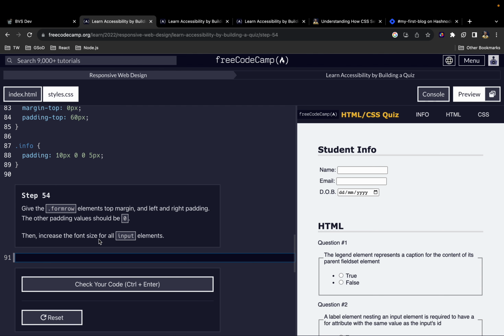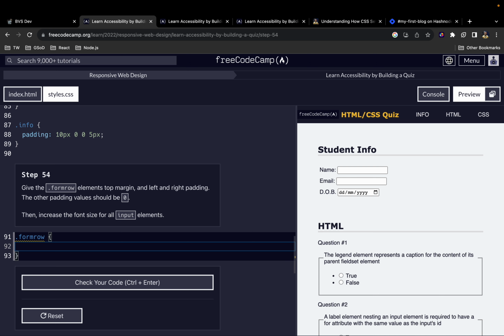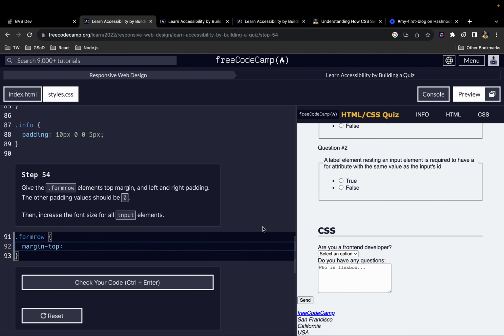All right, now moving on, we want to give the form row element. So first let's select the form row element, and then once we've selected it, we want to give it top margin and then left and right padding. So first let's work on top margin. So we'll say margin top, let's give it a value of, let's say 10 pixels. Okay,